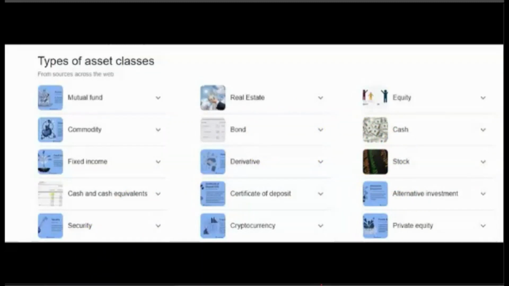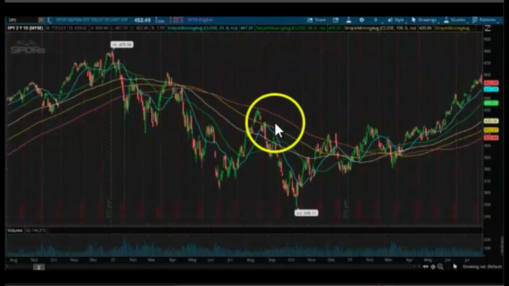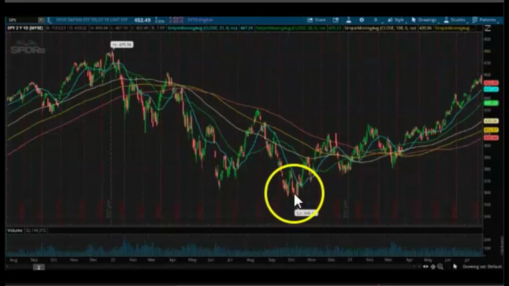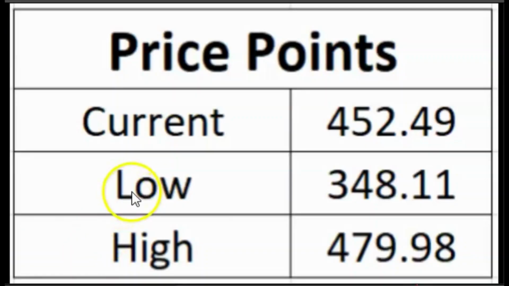As an example as to how one could apply the EV equation to stocks, this is the SPY, which is the S&P 500 ETF. This is the current price. This is the October 2022 lows, and this is the January 2022 highs. So these are the price points. 452.49 is the current price as of July 27th, 2023, Thursday. This is the October low of 348.11, and this is the January 2022 high,